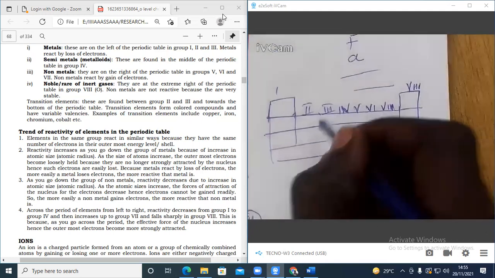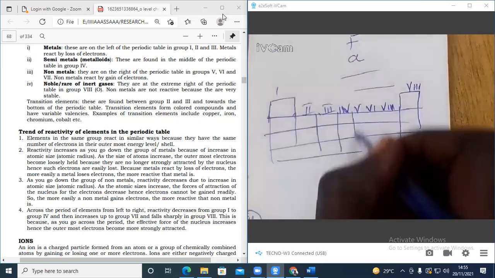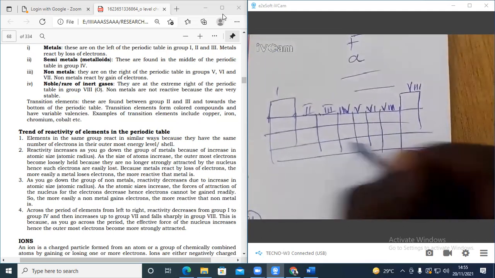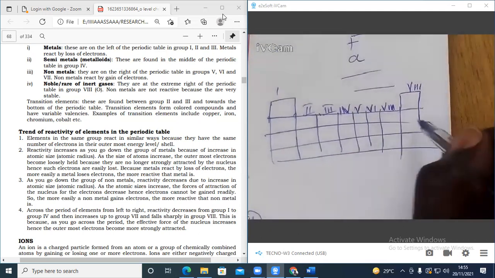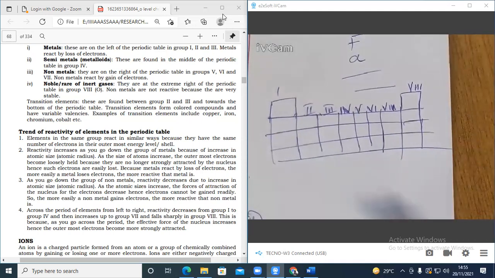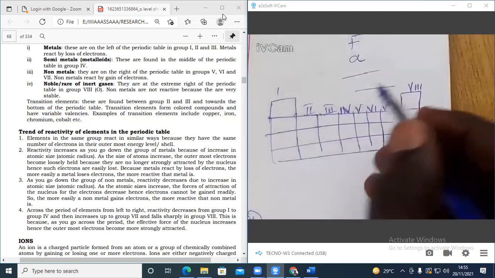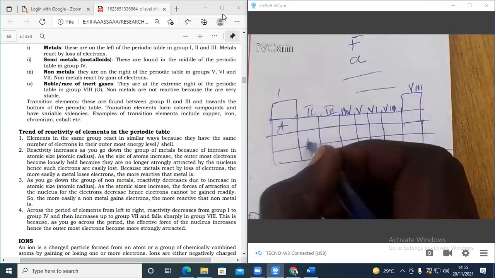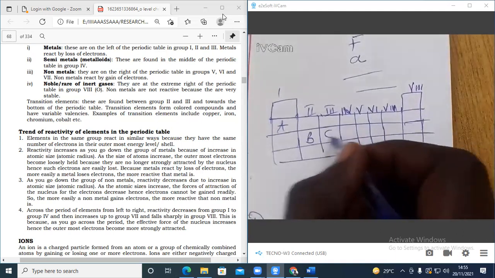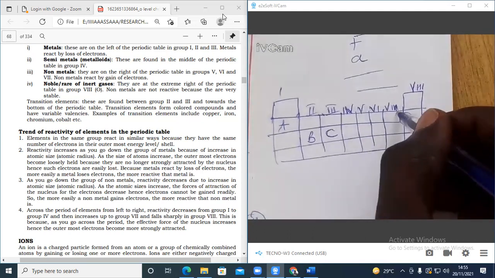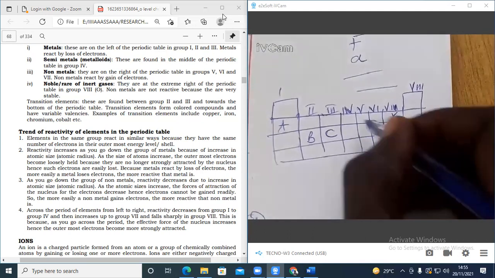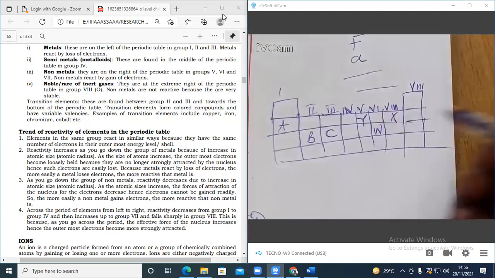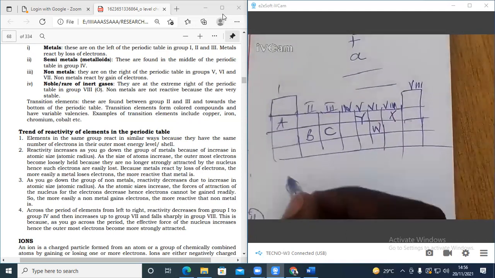Then they start putting elements here. They tell you that the symbols used in this table are not the symbols of the actual elements, but they represent that atom. Now here they put A, B, C, then X, W, and then Y. Then they will tell you to arrange metals